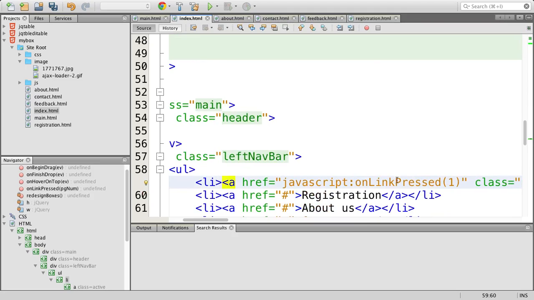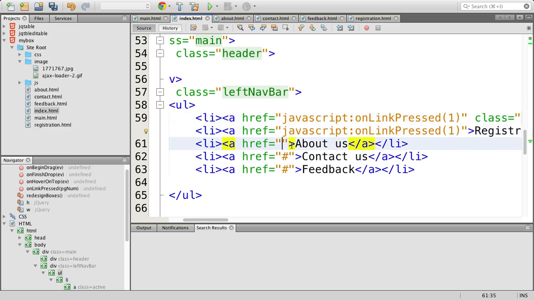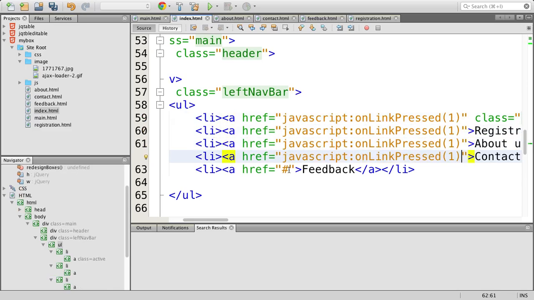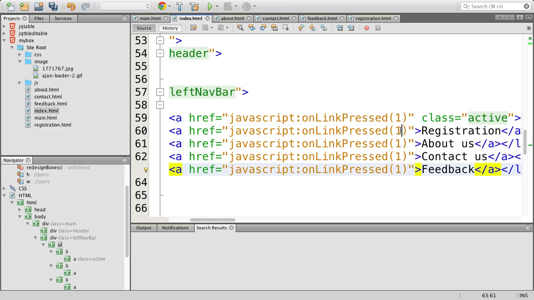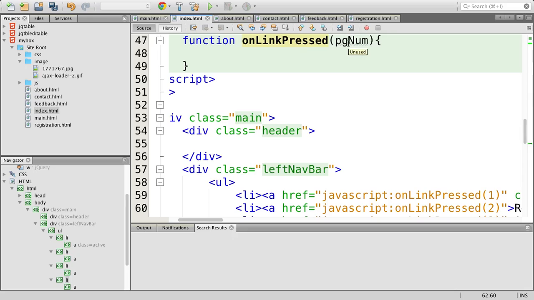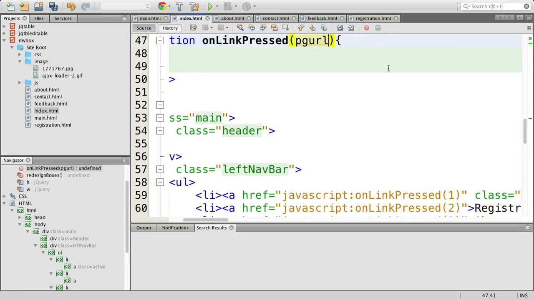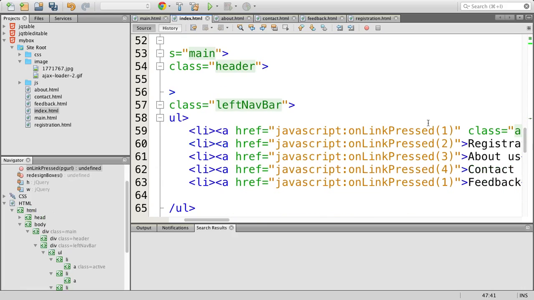I'm going to make it 1. Instead of page number, it will be easy for us to keep the page URL. We directly capture the URL and send it instead of sending the number. Otherwise, I need to add if else and other stuff, so to avoid that,